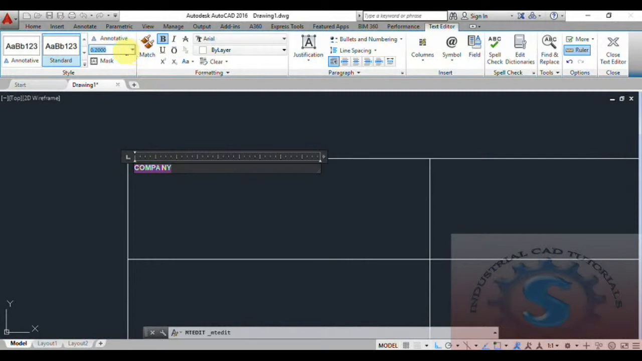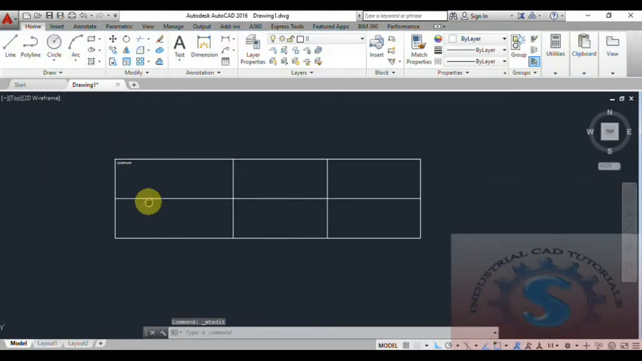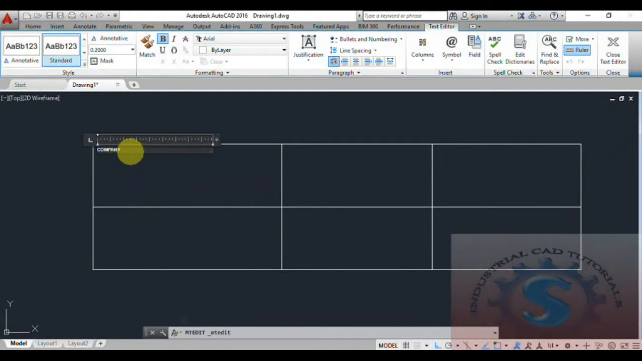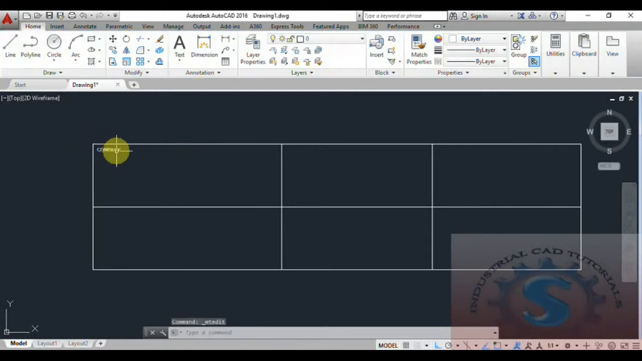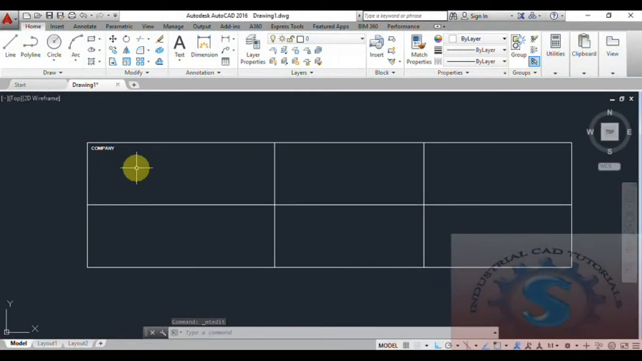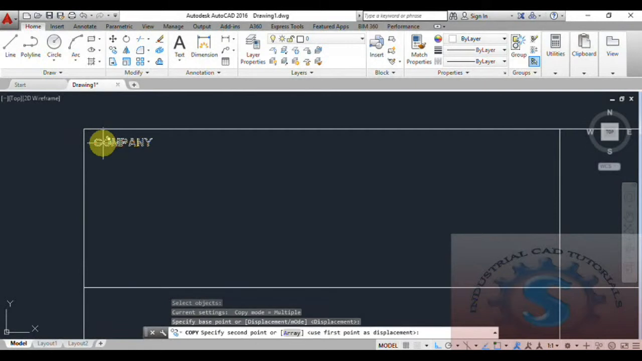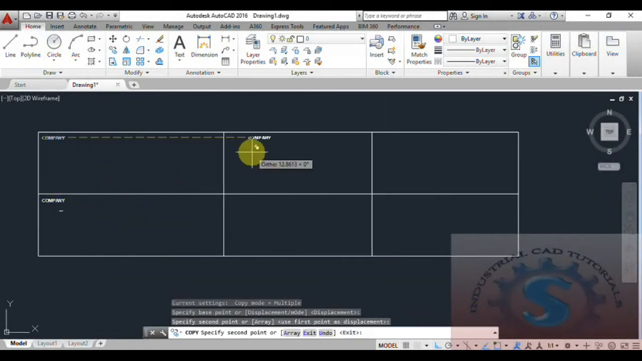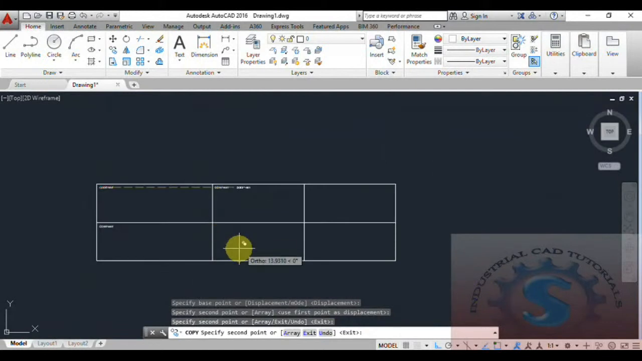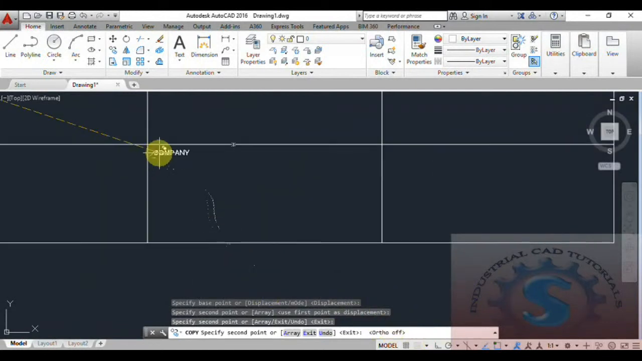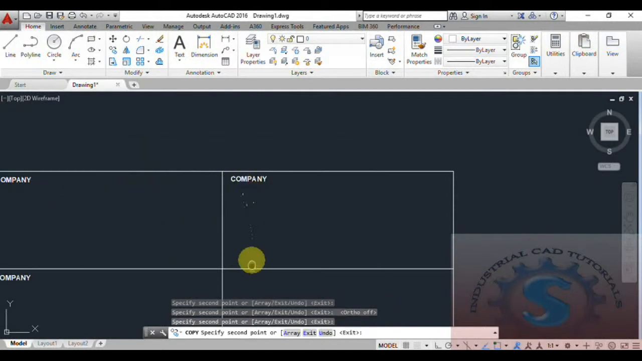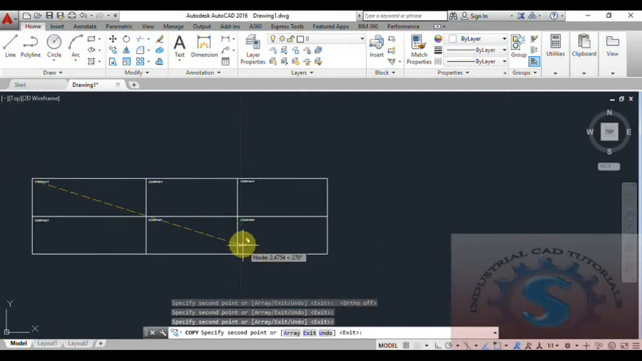If you want to increase the text height, you can. I'm increasing the height to 0.25 like this. If you want to change the height, you can also make the text bold. Here I'm giving 0.50 like this. Then I want to copy this text to all of the blocks. By using the copy command, simply copy this, and with Auto off,